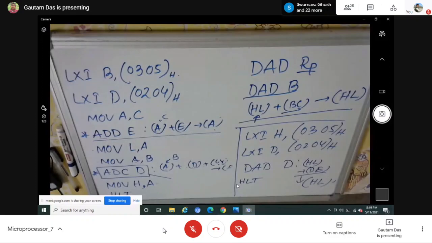After adding in two steps, that means two 8-bit additions, lower order 8-bit first, then higher order 8-bit with carry, then you will move the result into HL. That thing is there. But it is not that the processor is performing addition in HL. No. Actually addition will be done in two steps in the accumulator. But in the DAD instruction, for simplicity, if you want to remember, you may think that HL is just like acting as an accumulator for the DAD instruction, but it is actually not that. The accumulator will be responsible for performing the addition internally.